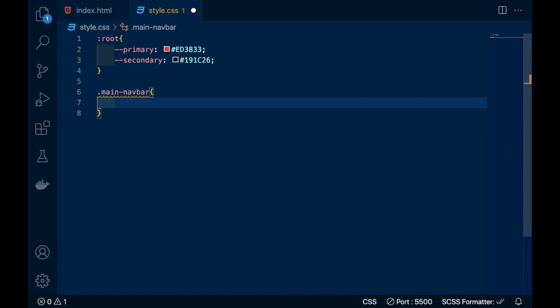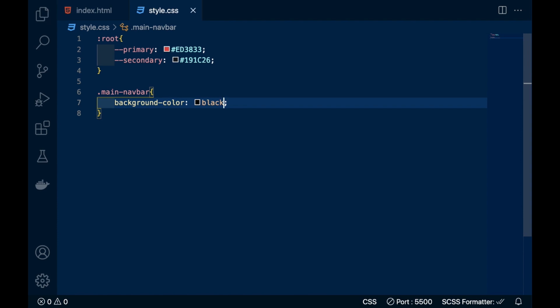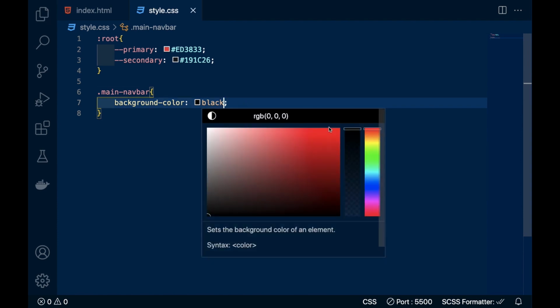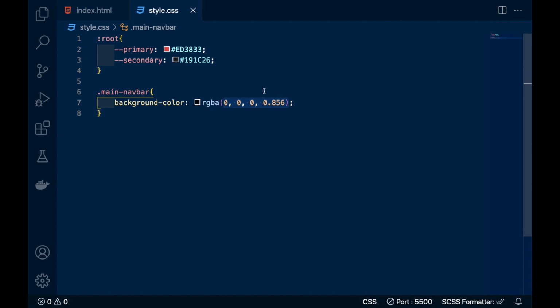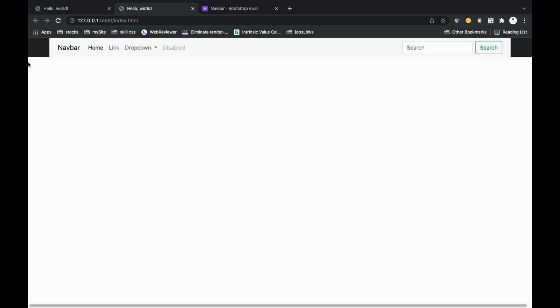I will give a background color of black, and black a little transparent. And when you come here, you see that our navbar is black in color, but this is